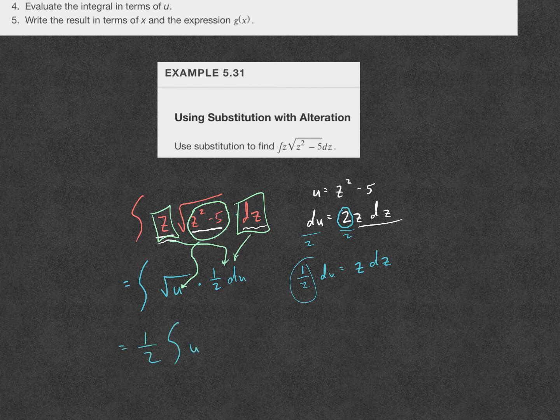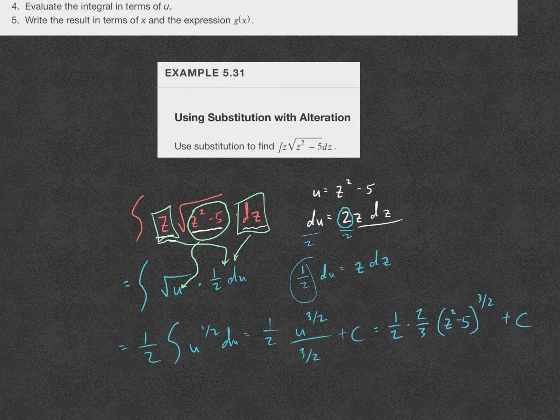And then we're going to write our u raised to the 1/2 power so that we can use our power rule. Add 1/2 to the exponent and you get 3/2 over 3/2 plus our constant c. Now let's simplify and back substitute. 1/2 times, the denominator flips up, 2/3 times z squared minus 5 to the 3/2 power